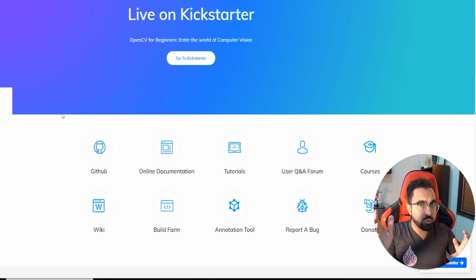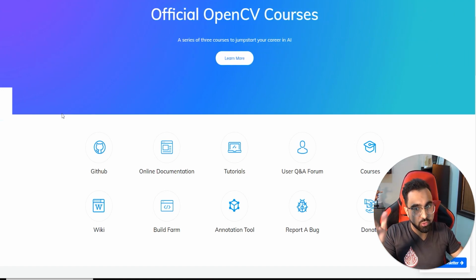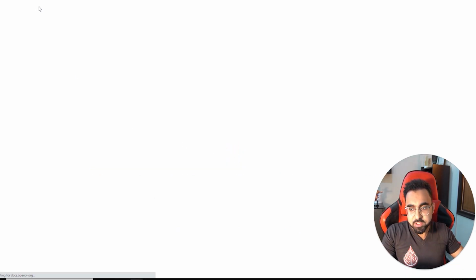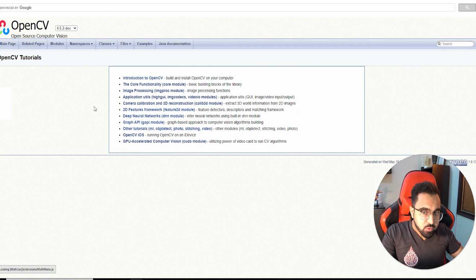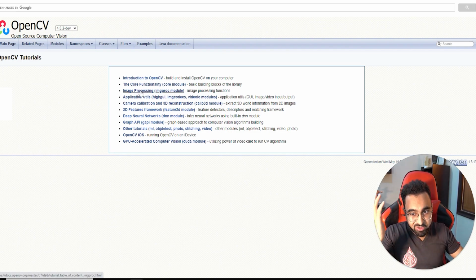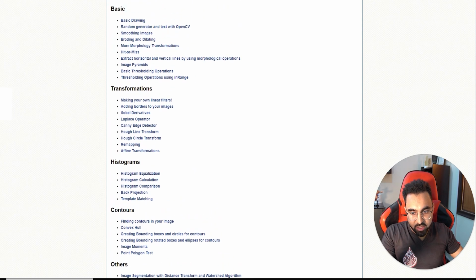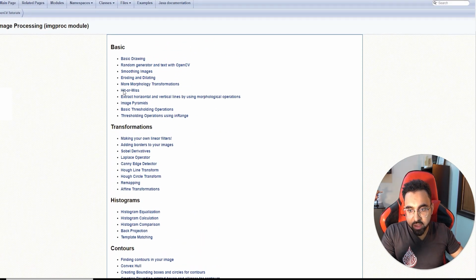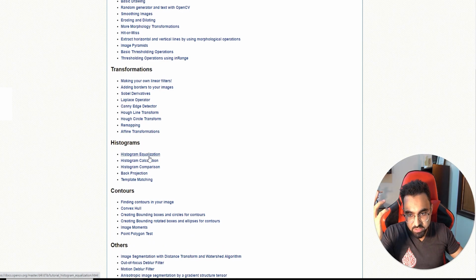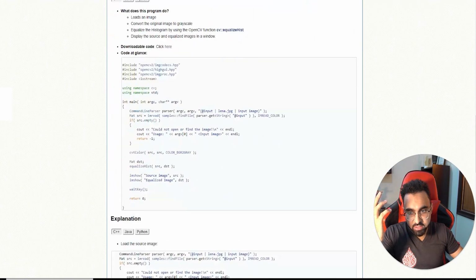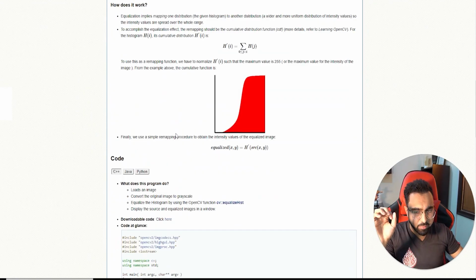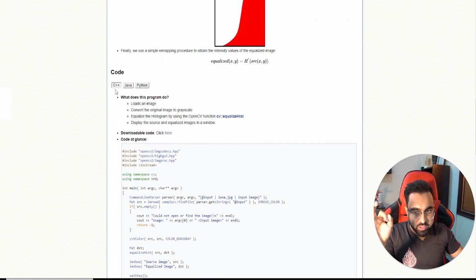Now let's take a look at how to navigate the OpenCV docs and tutorials. For that, you need to go to this page. Once you open this page, you'll see something like this. These are all the tutorials for the C++ version of OpenCV. For example, if you're interested in image processing, you'll click here, and then you'll see all the relevant tutorials categorized for image processing. Then you can click on any of these, and you'll see something like this, how to use histograms and things like that. One of the best things about this doc is that all the code is in C++